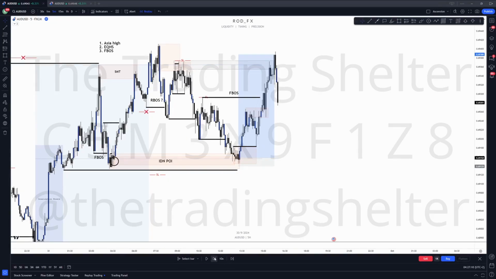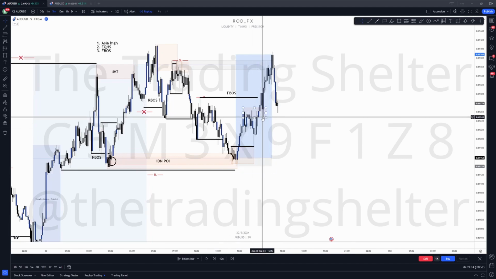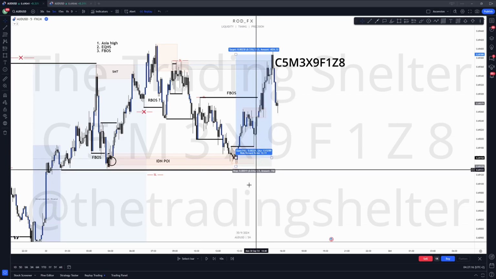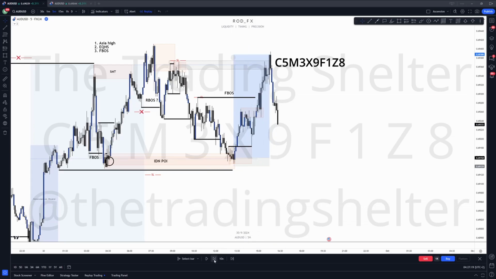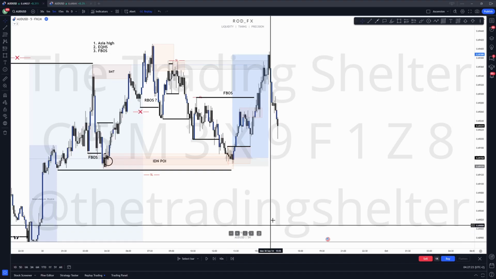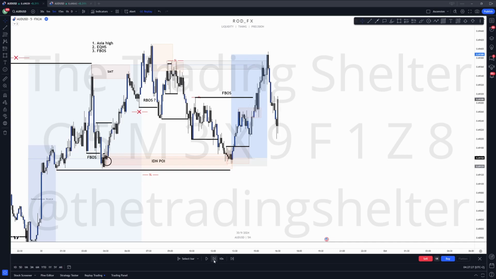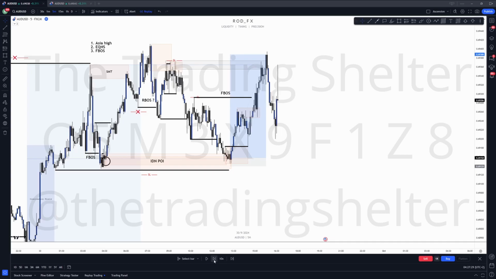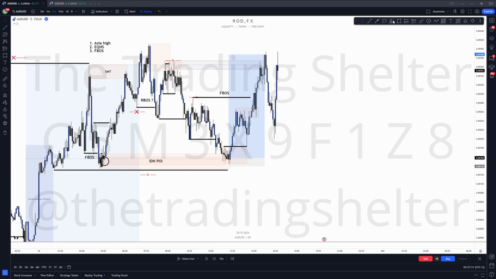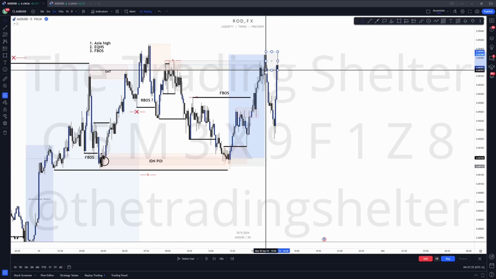Now we have a confirmed structure, very, very soon. This is the structure that led to the new high. We have a reaction. This could potentially be our F-boss. It came back, mitigated this push here, completely irrelevant. And we have our SMT confirmed here. Here we go.